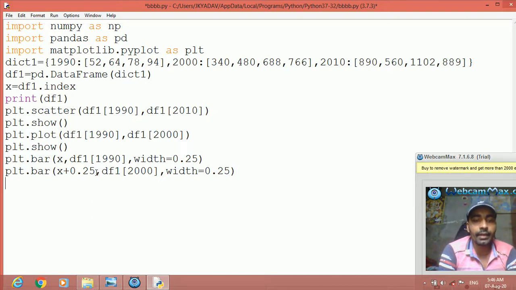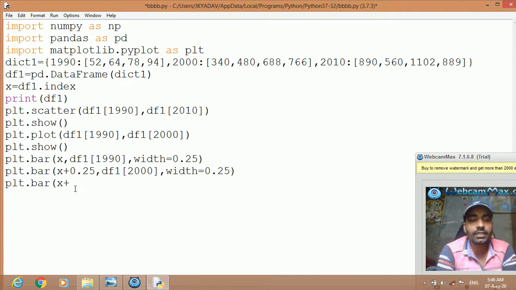Then plt.bar again. Now in this what will happen? We have to add the values 0.25 of this one and 0.25 of this one, that is 0.50.